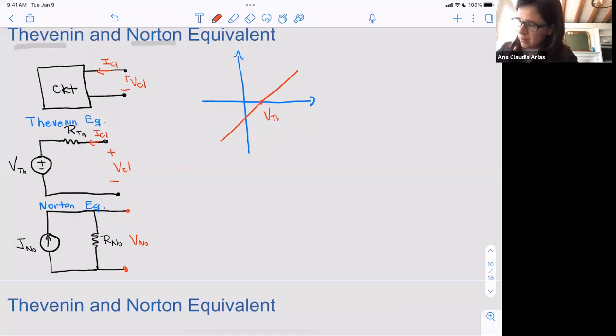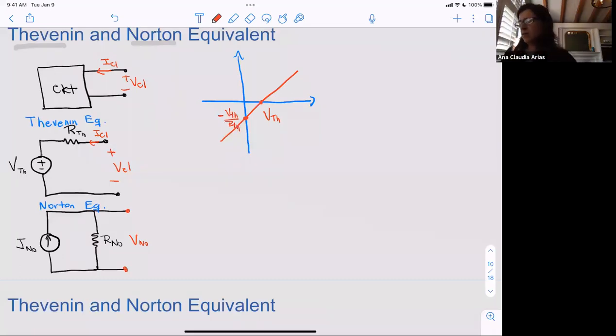And here, since it's this circuit here that we are using, we are going to label this point, minus V Thevenin over R Thevenin. Just changing the names, same circuit. Why am I doing this? Because this will give you more